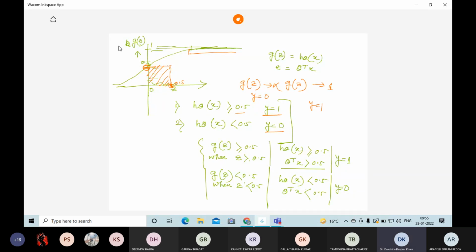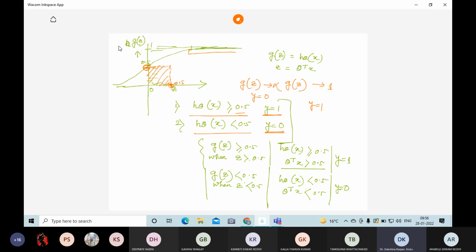So this is the hypothesis representation. When h theta x is found to be greater than or equal to 0.5, we will assign the class level 1, and when h theta of x, the predicted value, is found to be less than 0.5, then we will assign y equals 0. So this is the hypothesis representation, and